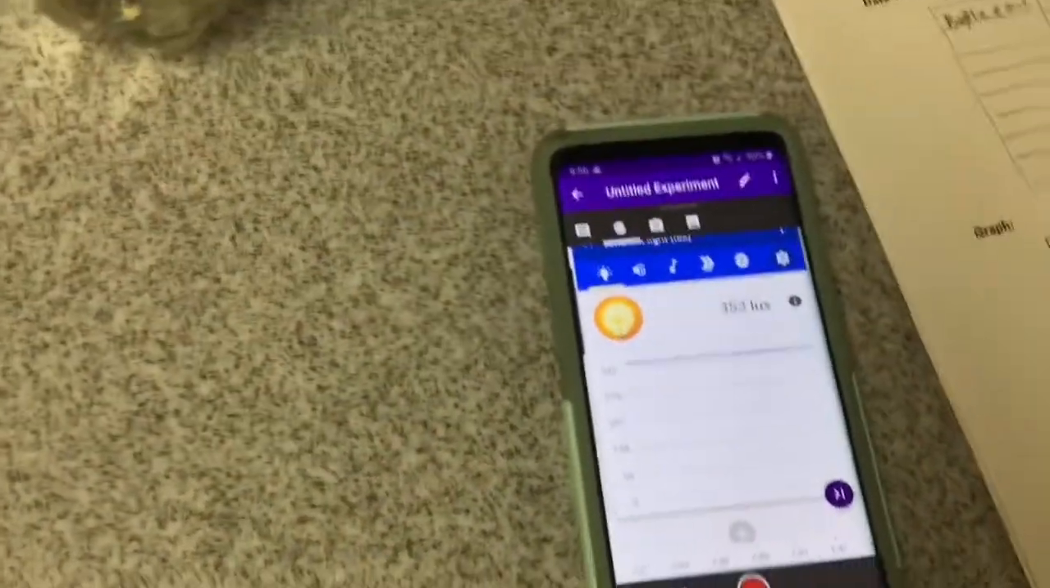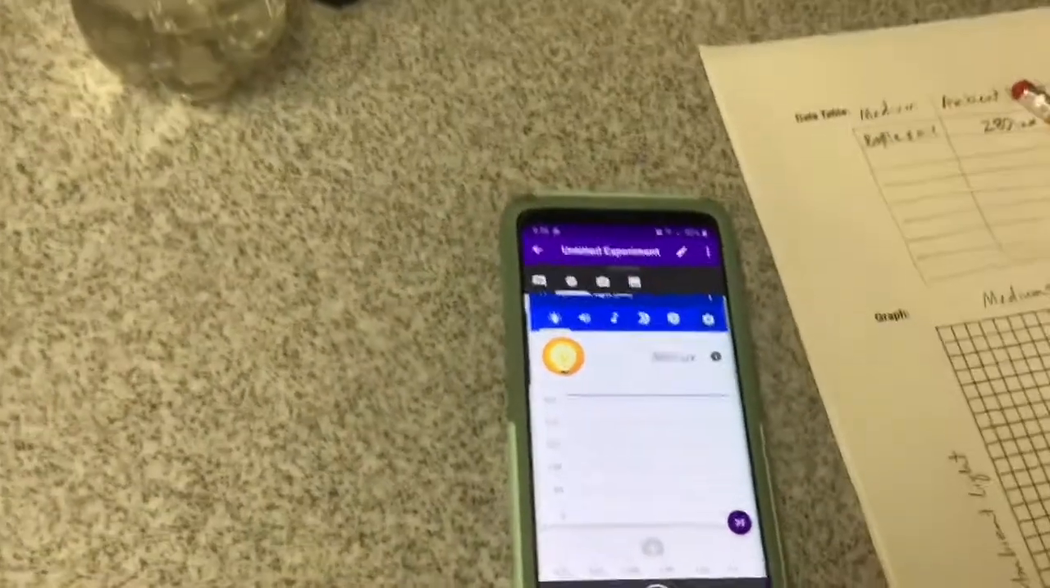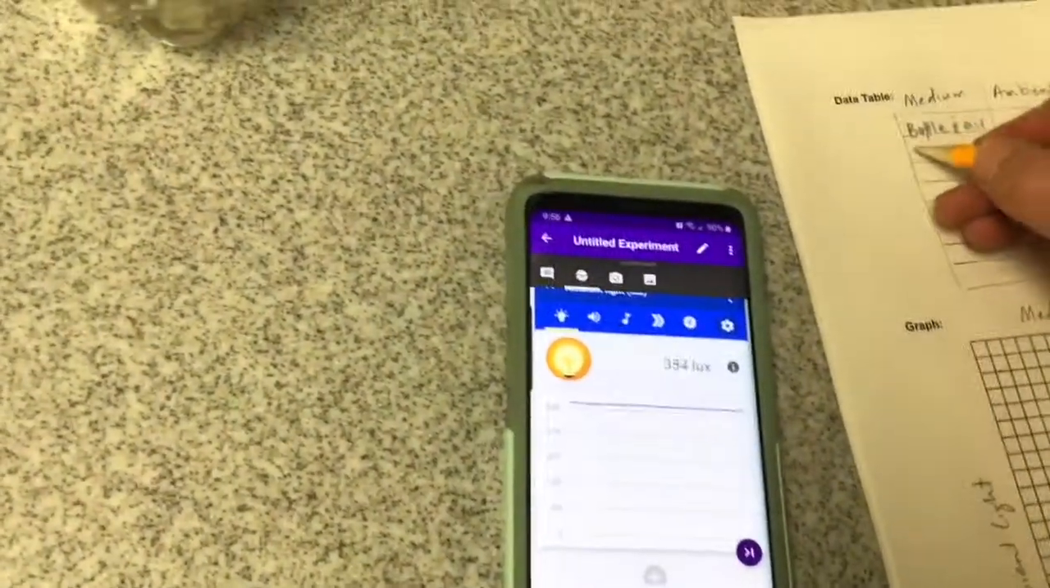You can see that it's usually around 360-ish. So I did block some light with this. So there was a significant decrease. Now if I do bottle and water,